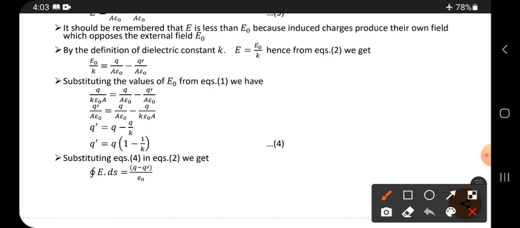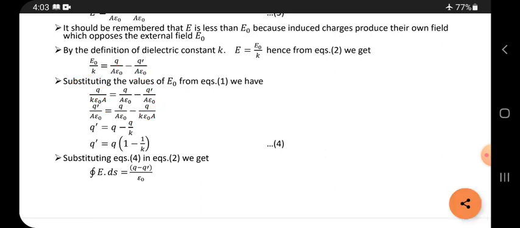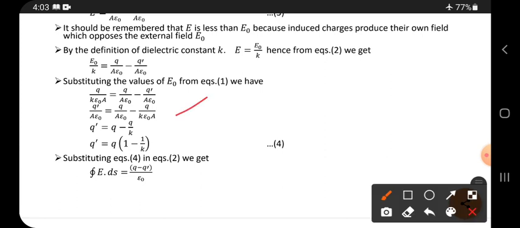Next, bring this to this side and that to that side. This is negative 1; if you bring it to this side it becomes positive, and what is already positive, when it goes to that side, becomes negative. Then this is the equation. From this we can cancel A epsilon naught on each side, so here only the K remains. And from this equation we can take q, the constant, outside.